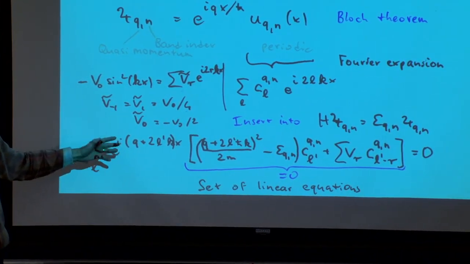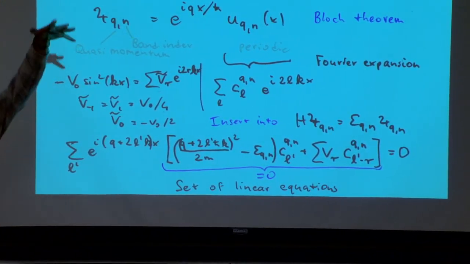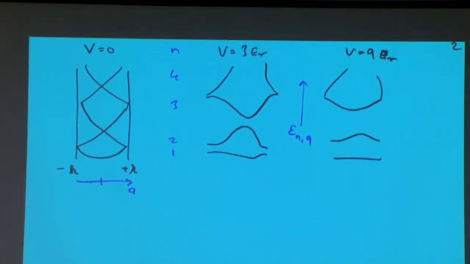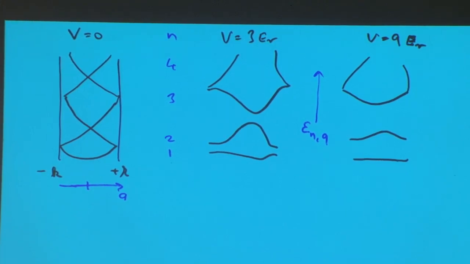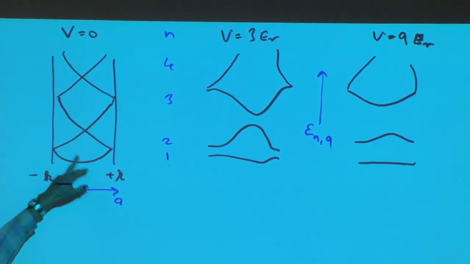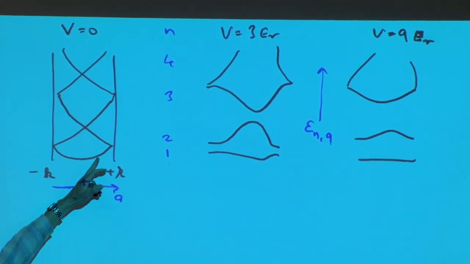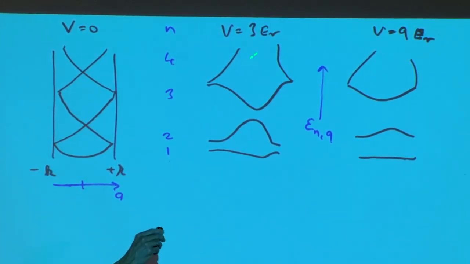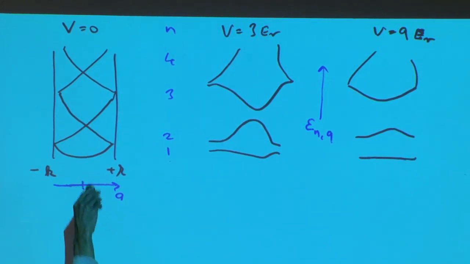There is an index which is the band index. How high do you want to go? And usually you truncate it, but it's the same. It's really the same trivial story which is told in all textbooks of condensed matter physics. If you have no band structure, well, you have the parabola, but to prepare for band structure, I've broken it down here in the first Brillouin zone. And if you now introduce a lattice, you introduce band gaps, and you go from the left to the middle to the right for stronger and stronger lattices.